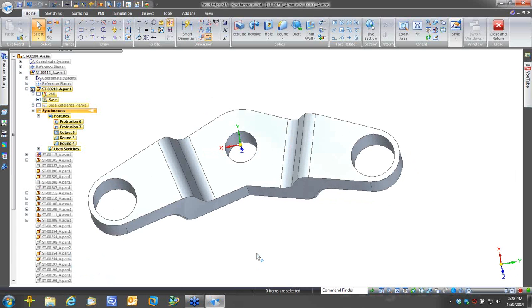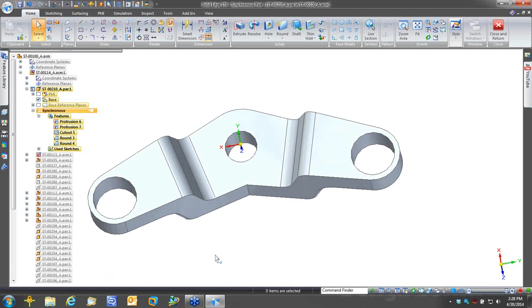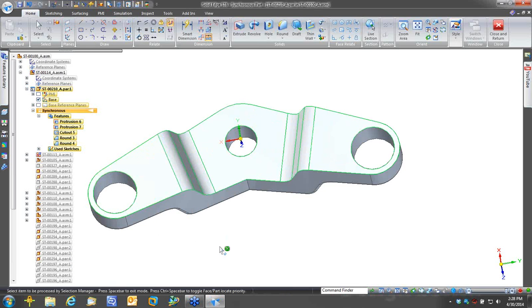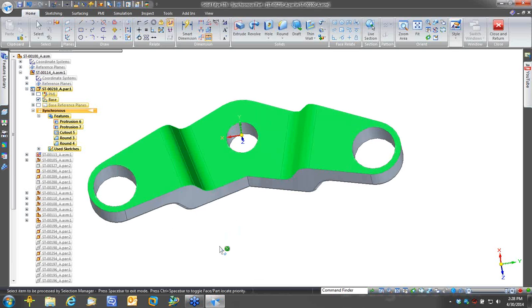With this being a racing motorcycle, I want to eliminate as much weight from this part as I can. So Solid Edge has some tools that allow me to select different faces simultaneously. And what I want to do is take the internal material out of the part. And Solid Edge, if you look down here at the bottom of the screen, has a tool called